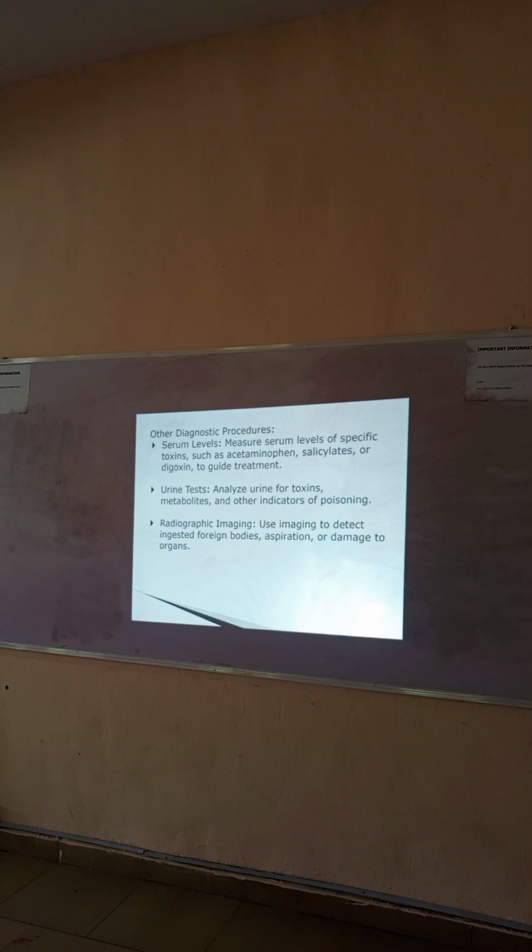Serum levels. To measure the serum levels of specific toxins, such as acetaminophen, salicylates, or glucosine, to guide the treatment. So for the urine test, analyze urine for toxins, metabolites, and other indicators of poisoning. Urine tests can also give an insight on the renal function. Radiographic imaging. Use imaging to detect ingested foreign bodies, aspiration, or damage to the organs. As I said earlier, you can use radiographic imaging like the X-ray, CT scan, and the